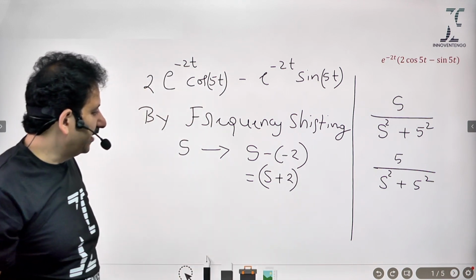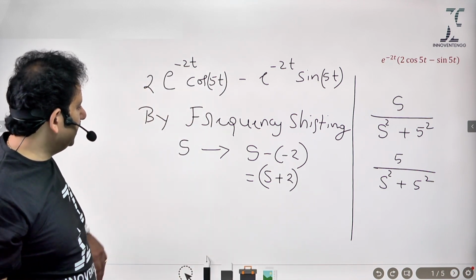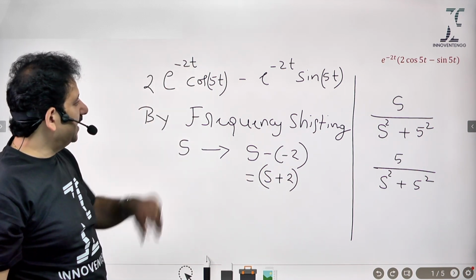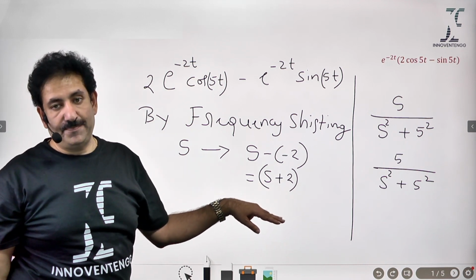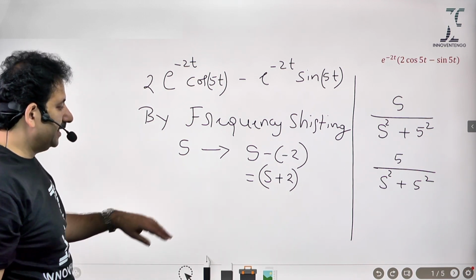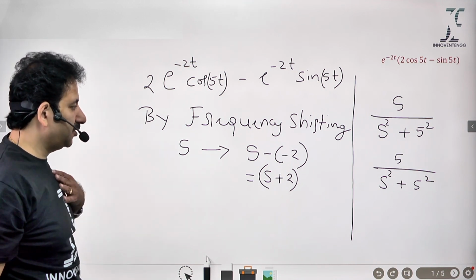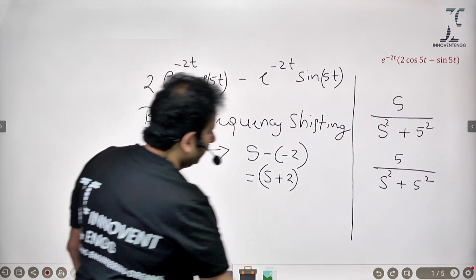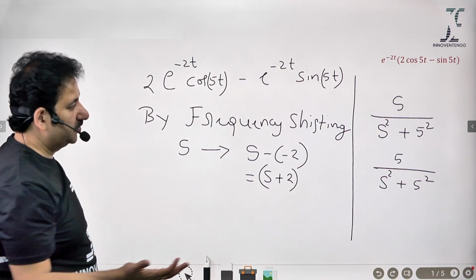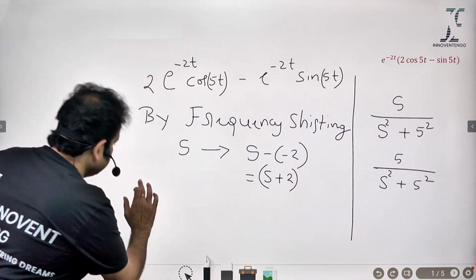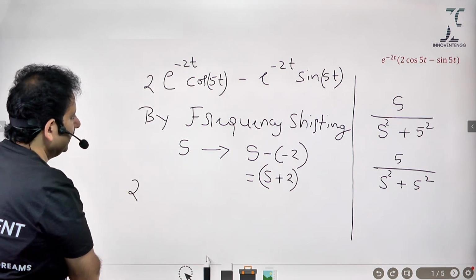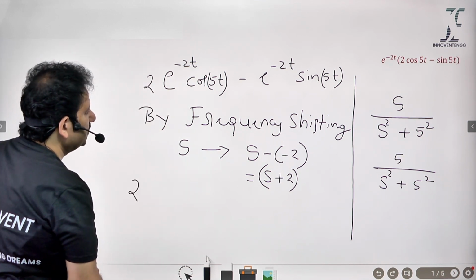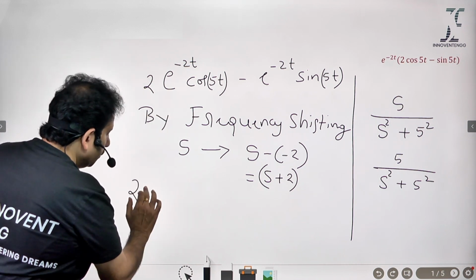This is very important, and in future you would appreciate that this is positive damping. If this were minus, that would have been negative damping, but this is positive damping, right? That is what you will have to understand physically. Now if I replace s by s plus 2 in both terms, my solution is got. So what about my first term? It's going to be 2 as it is. Any constant should be kept as it is. And then e power minus 2t cos 5t is nothing but 2 into